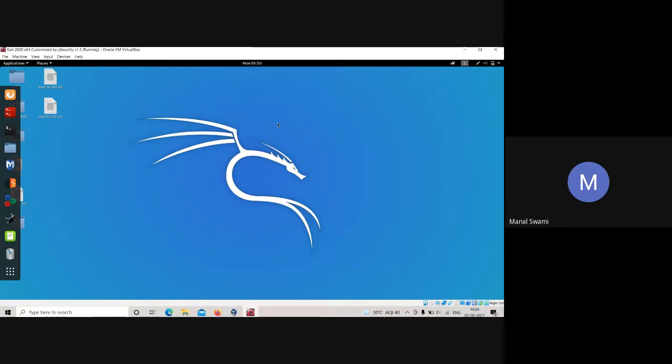This upgraded version has only the tools necessary for hacking. So this is the Kali machine.